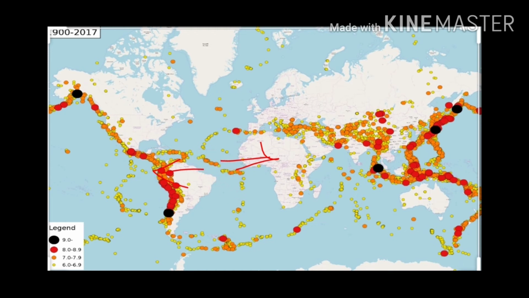So 10% of the total earthquakes of the world are associated with the submarine ridges. Ridges means the steep sided mountains that have formed on the ocean floor. These are called submarine ridges, rift valleys and other areas. So as on the earth's surface there are mountains and valleys, on the ocean floor also there are mountains and valleys.